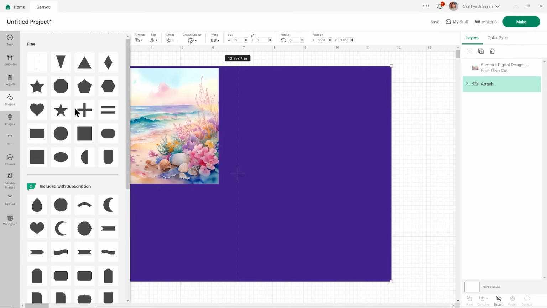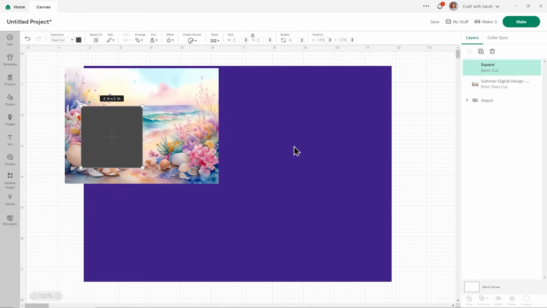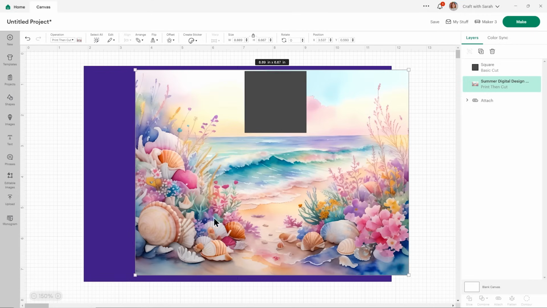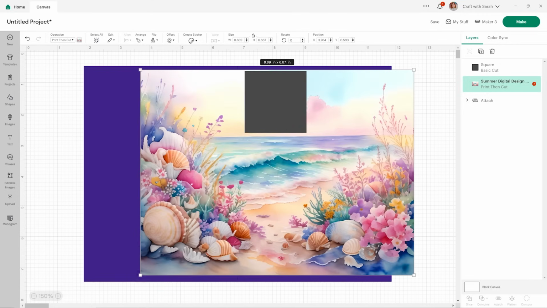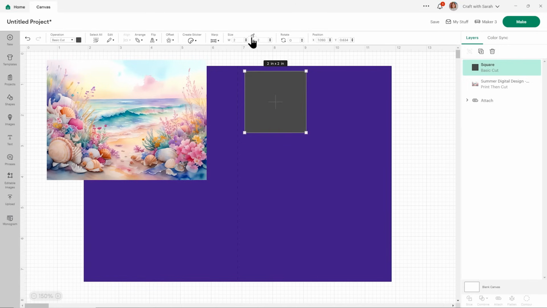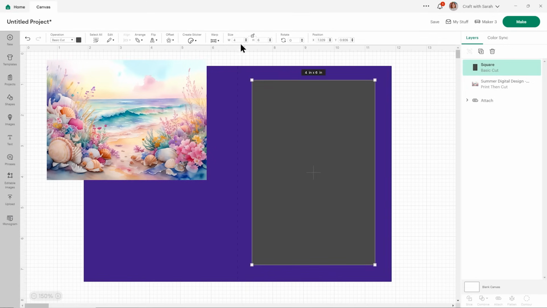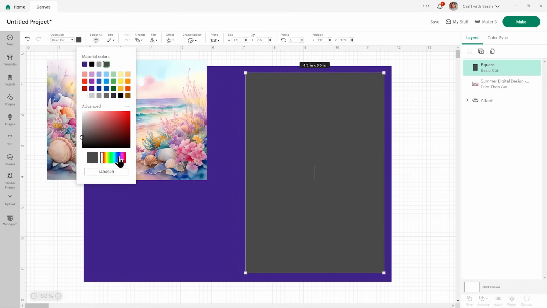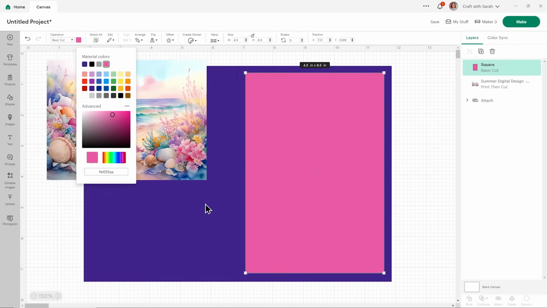And then let's say I want to add my picture to the front. At the moment, this is going to be too big. If I make it like that, it's going to go over the side of my front because it's a landscape image to go on a portrait card. So I'll start by making a bit of a border for it, which I'll do 1 inch smaller on each side. So that will be 4 by 6, and that can go nicely in the middle. That's actually a little bit too small. 4.5 by 6.5. And make that a nice bright pink to match in with the pinks in the picture.